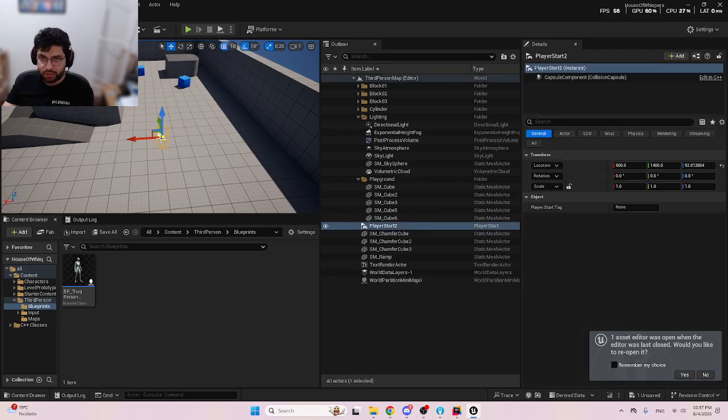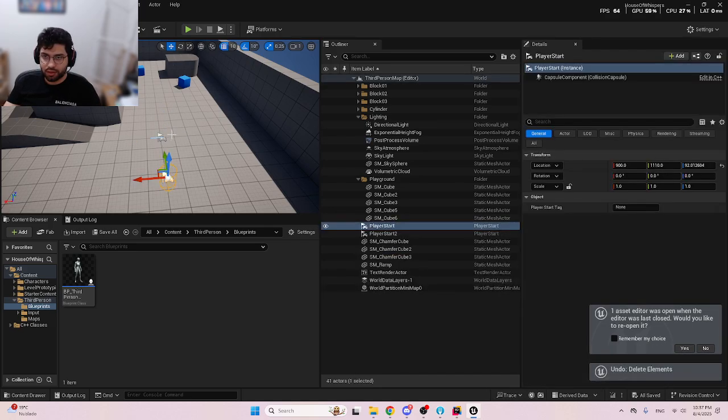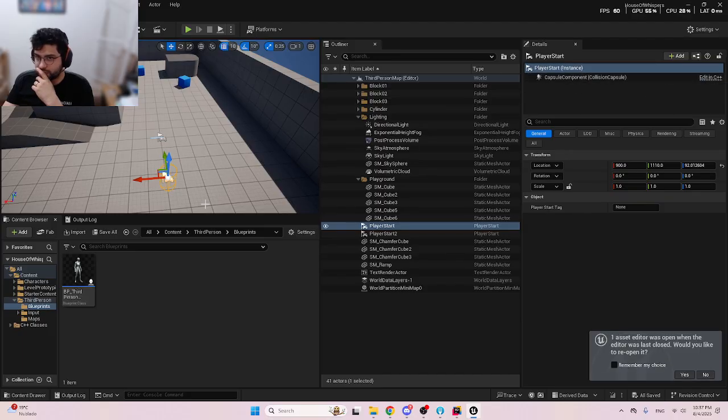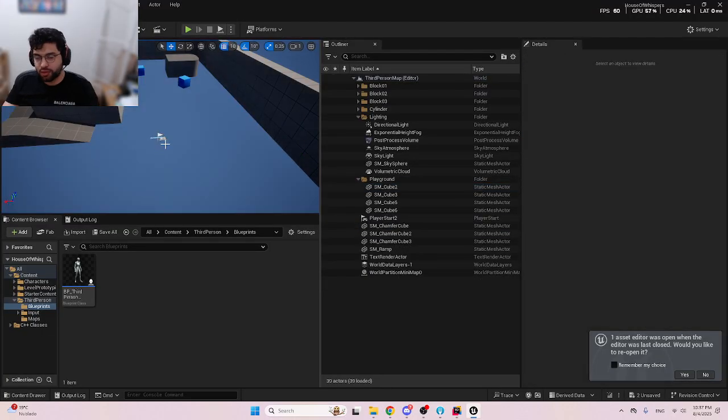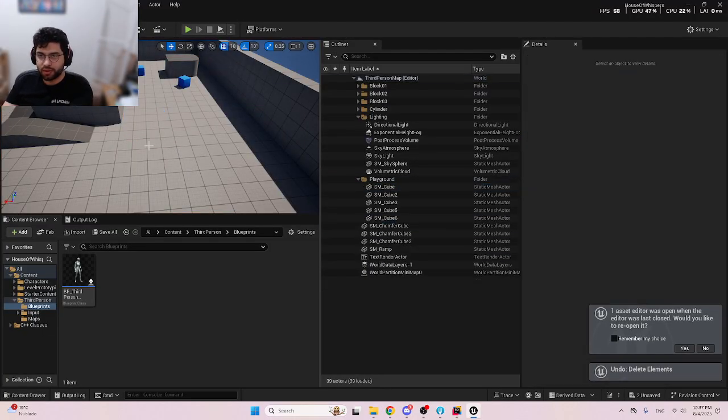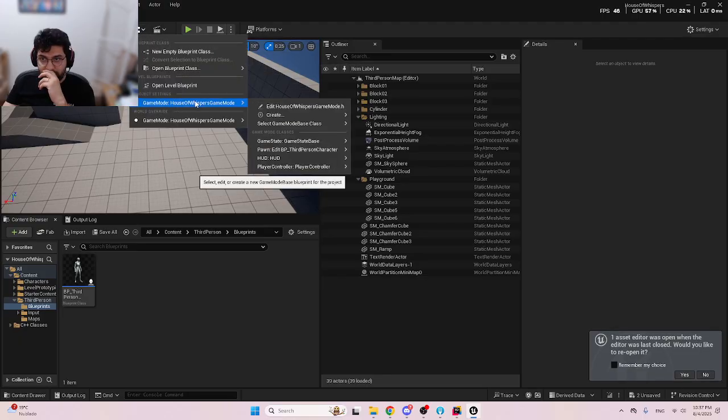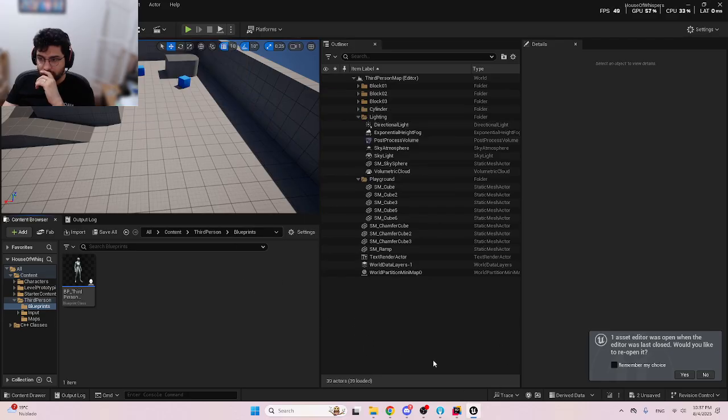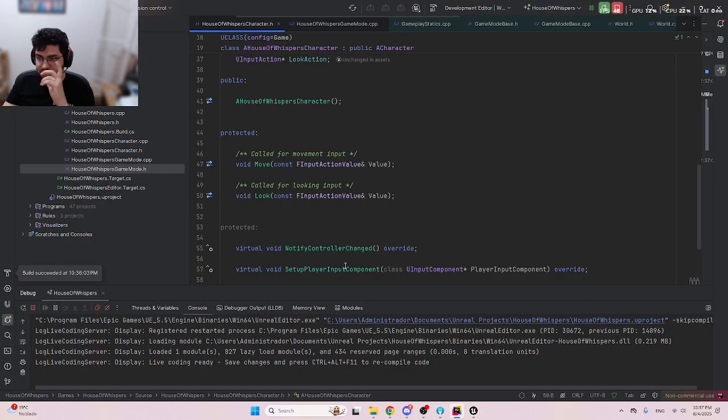Let me check if I'm using the right stuff. Okay, first thing is the player start. I'll remove the player start. Oh shit, the player start. And I will check if I'm using the right mode. But I did something wrong, which is